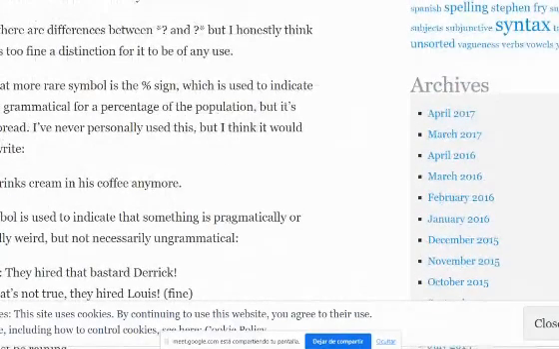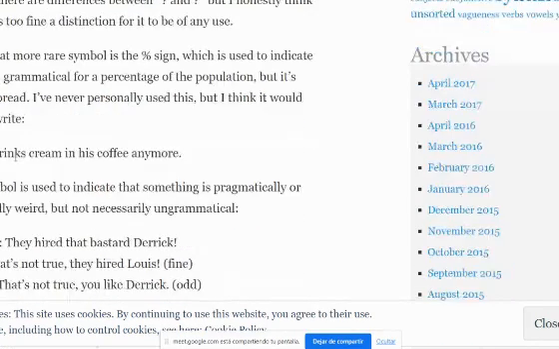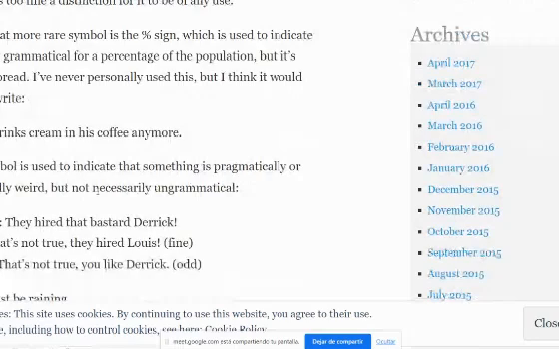But how do you call this symbol in English? This symbol is pragmatically or semantically weird, because maybe you can see this symbol in a sentence. But there is a difference between this symbol and the other, which is ungrammatical. In semantics, because we are going to talk about semantics,